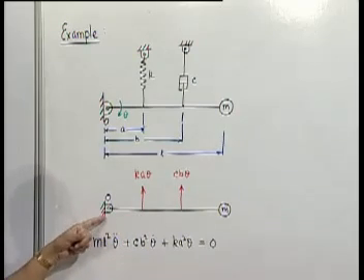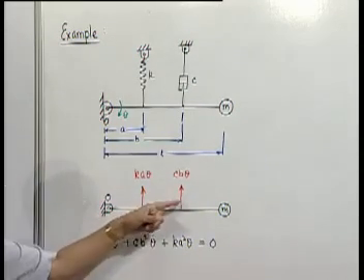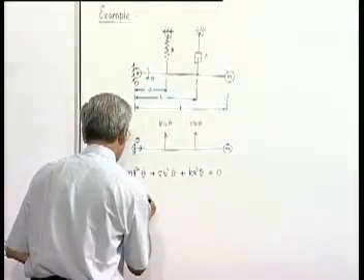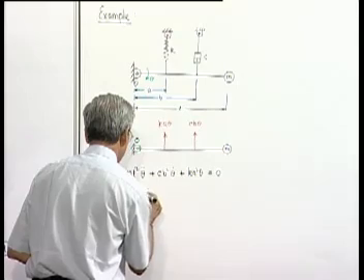Because when you take moment about this point, you have to multiply this by A. When you take the moment about this point, you have to multiply this by B. So, our characteristic equation will be